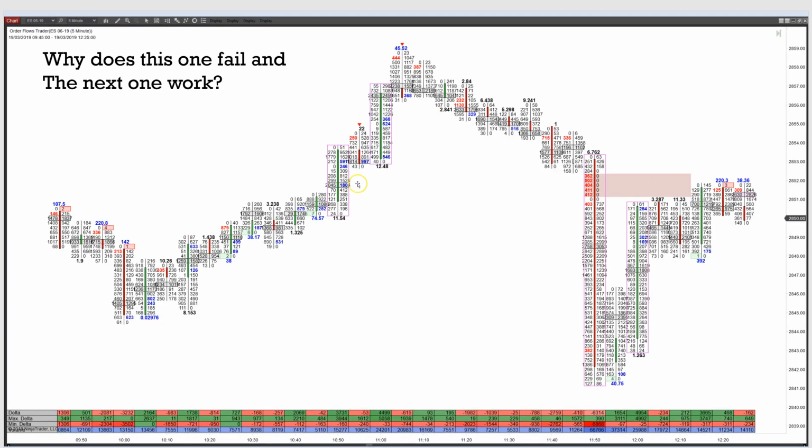Why do some highs work? This one works, this one doesn't. Well, I gotta be looking in here. What's going on in this market? You got the small delta. Okay, maybe I thought this could be reversing. But if you're watching what's happening in here, look at this volume. You have very strong supportive volume right in here. Fortunately, this one failed really quick. So, even if you got short, honestly, if I'm looking at this high, I'm seeing these bars coming in here, small delta, I'd be willing to take that shot to get short, get stopped out.